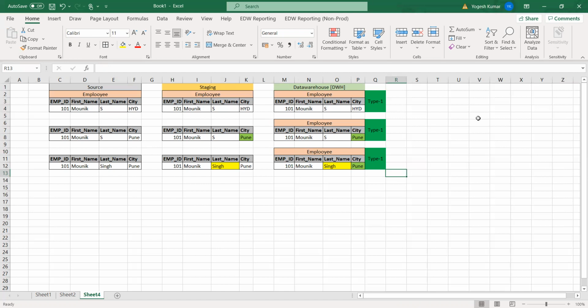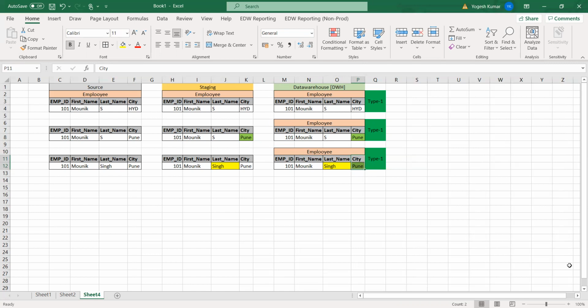If the record is coming the first time, then it will be loaded directly, blindly. If there is any change later on, any update in the existing record, then it will update that particular attribute. Like if there is any change in the last name, the last name would be updated. If there is any update in the city, then the city would be updated. Okay, did you get this type 1?